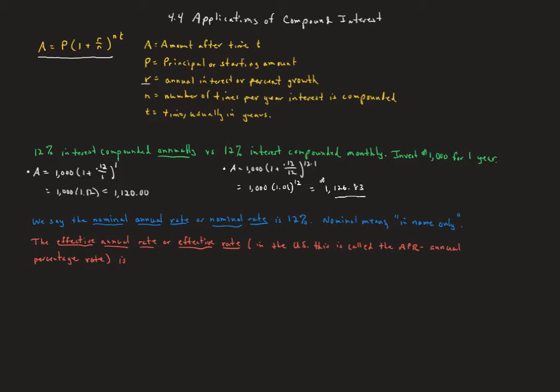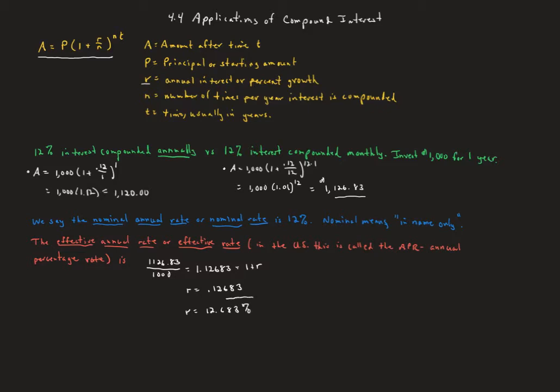So the effective annual rate or effective rate, in the United States, that's referred to as the APR, the annual percentage rate. That is going to be what we actually got due to the compounding. So we can see that we had $1,126.83 at the end of the year. If we divide that by the 1,000 we had to start the year, we move the decimal over 3 places. So that's going to be 1.12683. And that is, as we have seen before, the 1 plus r. If we subtract off that 1, our r is 0.12683. And if we change that r from a decimal to a percent, we can see that our effective rate is